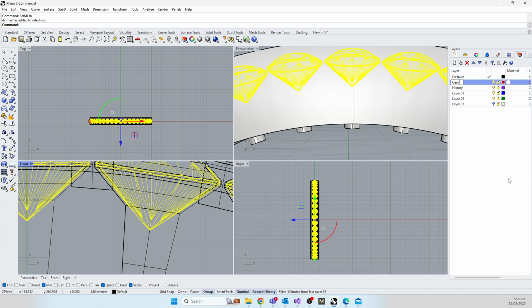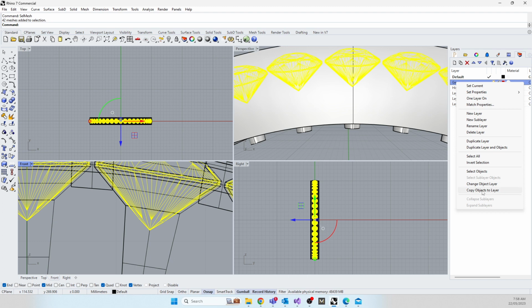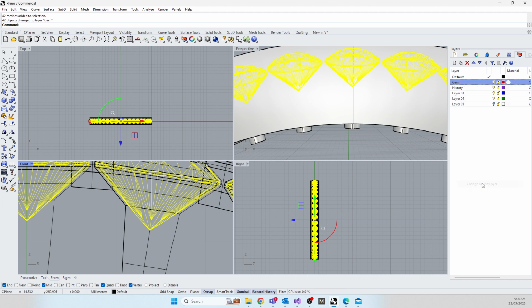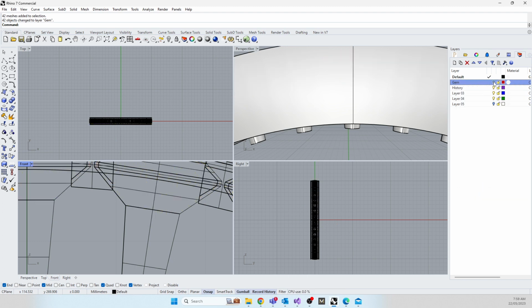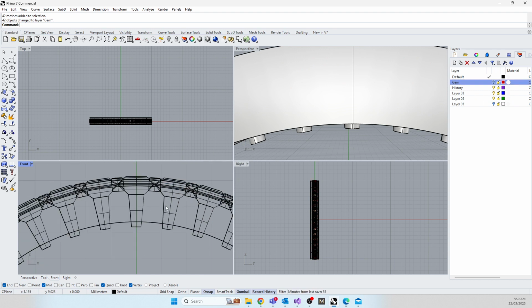The question you had this morning might be where you went wrong here. You want to move these objects to this layer, not copy them. You want to change the object layer so that you can turn it off. And poof, the gems are gone. Poof, the gems are back. All right. Okay, so now we've got to do a bunch of Boolean differences and then a bunch of